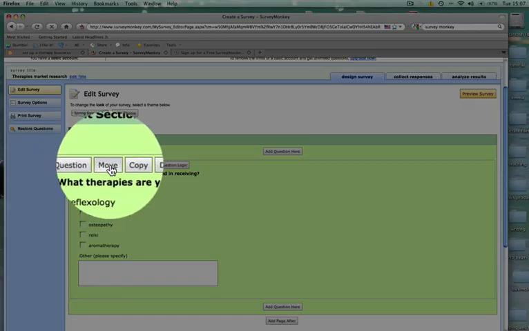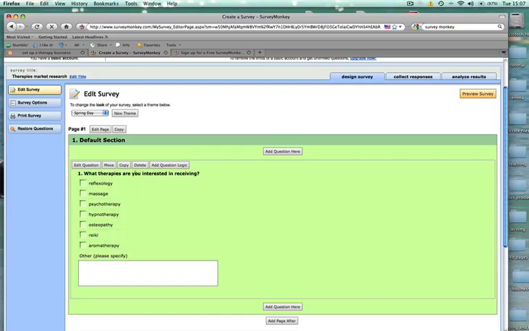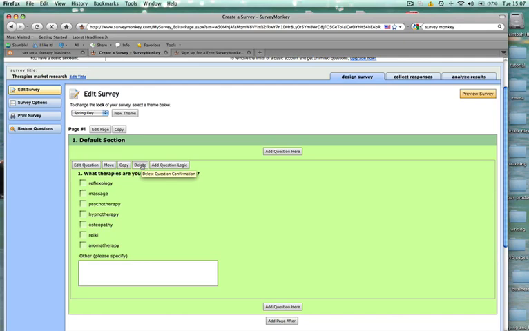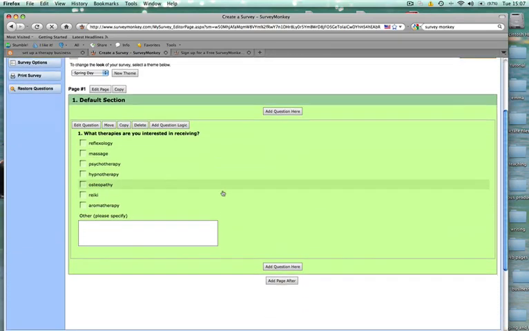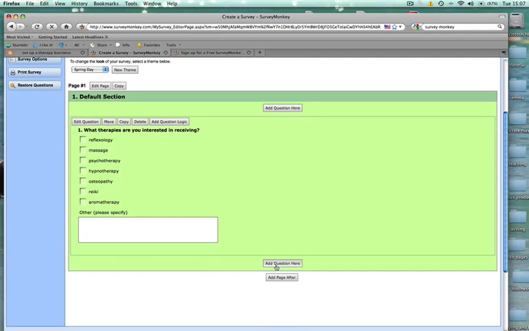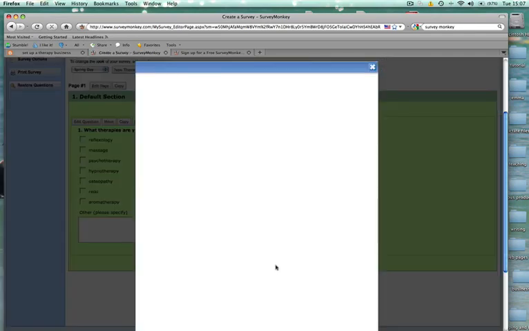So we can edit the question, we can move it if we want to change where it is, we can copy it if it's something similar, we can delete it, and don't worry about the question logic at this point. To be honest, it's really something for more sophisticated questions that you need that. So add the next question here,